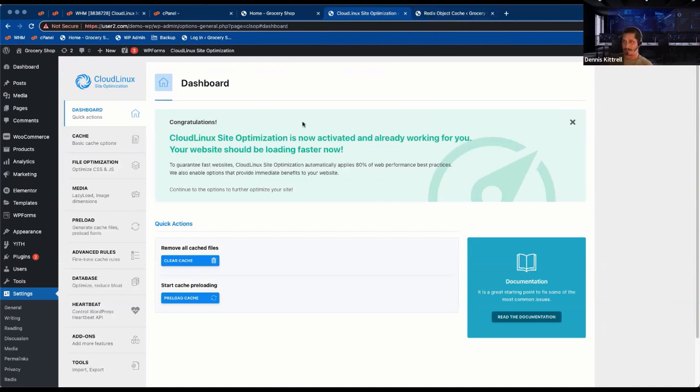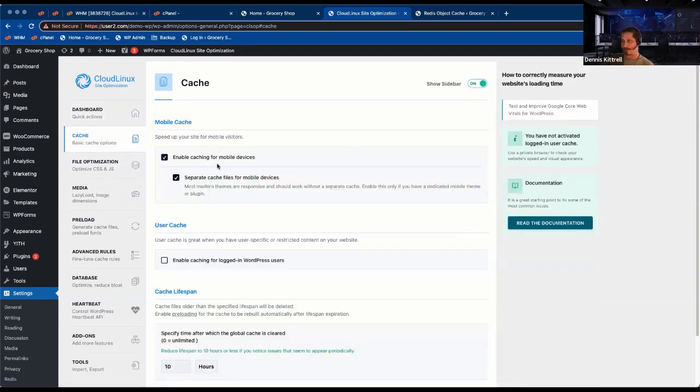This is the site optimization plugin that can be automatically installed, and it will be deployed inside of your customer's WordPress website. It's basically full page caching. It can be customized, and there are many customization options for specific site needs. So for example, a lot of sites will have separate mobile and desktop versions. And you may want to enable a separate cache for each of those,